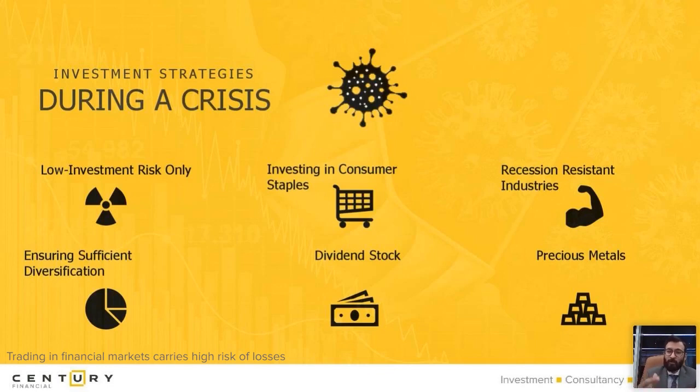Which kind of companies give you dividends? Coca-Cola, Vodafone, Johnson and Johnson, ExxonMobil, Chevron, Total, ENI, Royal Dutch Shell, British Petroleum. These kinds of companies give you dividends. So your diversification quota is not full until you have done a proper segmentation between the stocks, including those which will not move that much.